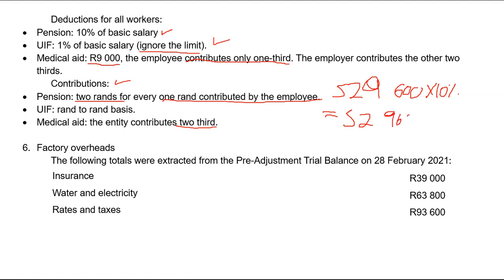Then you take whatever they contributed. For every 1 rand that they contributed, we will contribute 2 rands. So this is an extra cost to the company. That is why we have to add that to our direct labor cost. So when we calculate our direct cost, we will simply take that